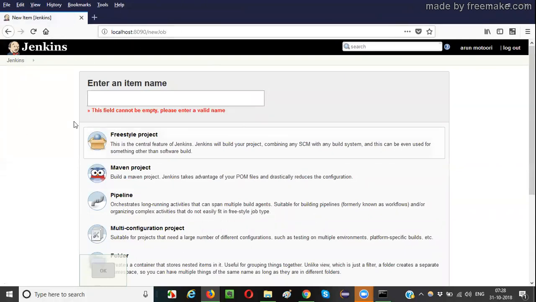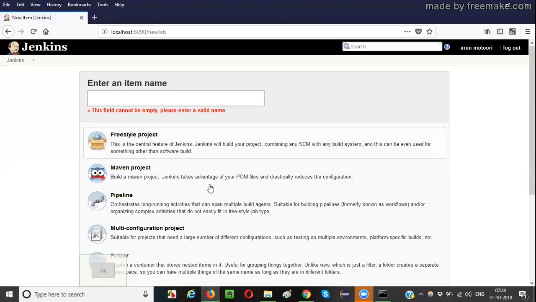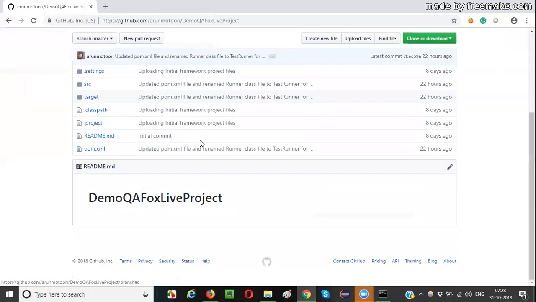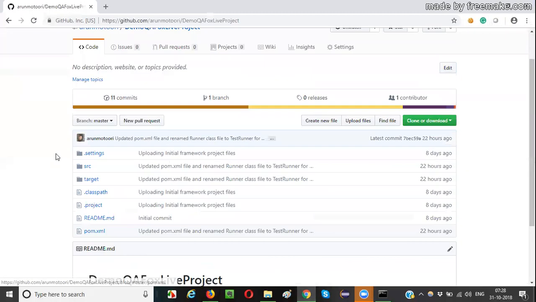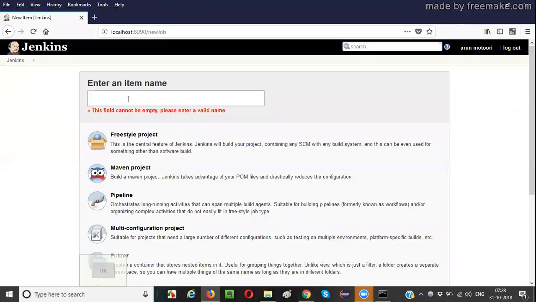Then the Jenkins will get installed. Jenkins will get restarted. Now when you click on new item, you're getting the maven project. Why do I need a maven project? Because the code which I hosted in the repository of GitHub has a pom.xml file. Pom.xml file means it's a maven project. So guys, let's configure this